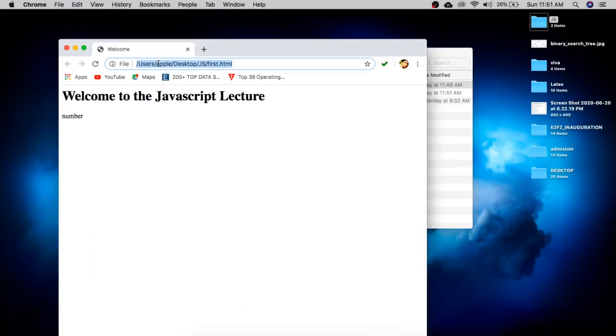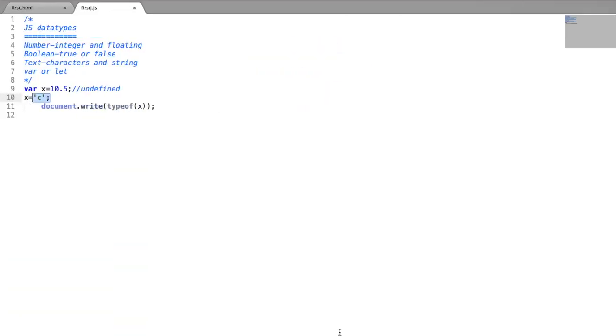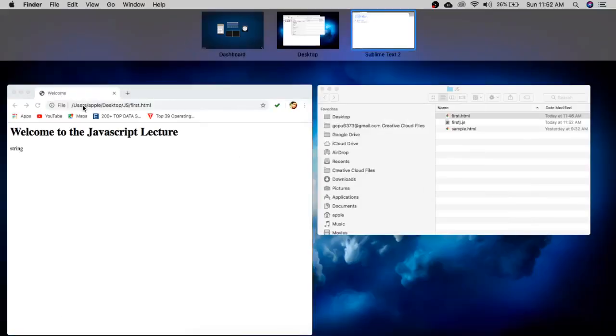Now let's see what data type is printed here. It is printed as string. The reason is the last value that is assigned to the variable is C. So whatever value you assign to that particular variable, the data type changes. So here we have a string. Like that, if I give the value true and run this program,